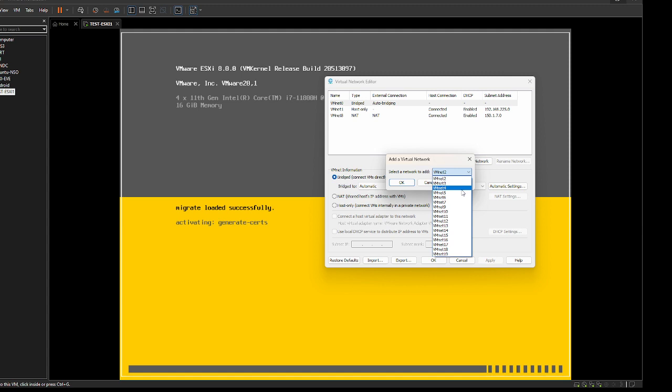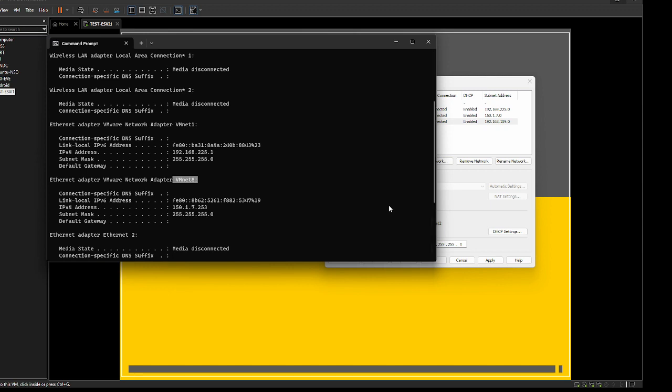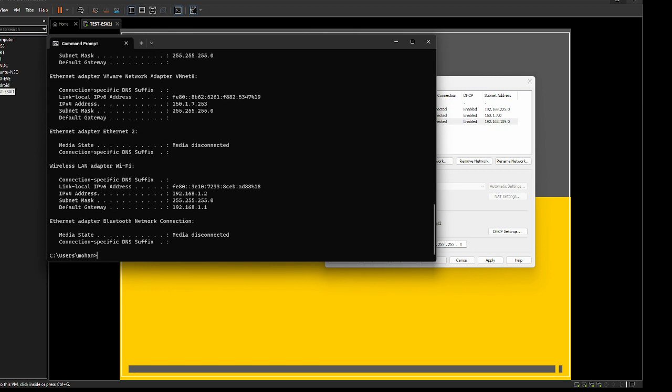So adapters simply means that you're creating a new switch. New switch simply meaning that, okay, you're creating a new network. Think of that one. So if you want, I can select VMnet 2. I can select OK. So by default, VM workstation will give you host only, and it will say that, okay, this is the subnet I want to give you. And now if I come back to my IP config, I should see now VMnet 2 also.